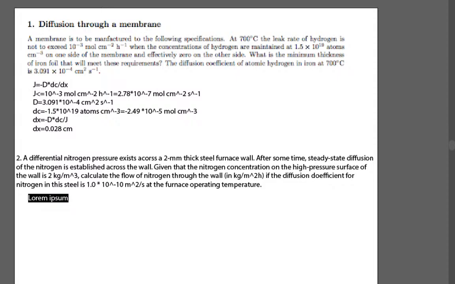Differential nitrogen pressure exists across a 2 millimeter wall. 2 millimeter, that would be the dx. 2 millimeter is equal to 2 times 10 to the power of negative 6 meters. Good. And then after that, we got the